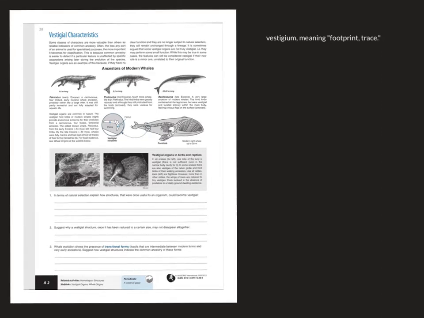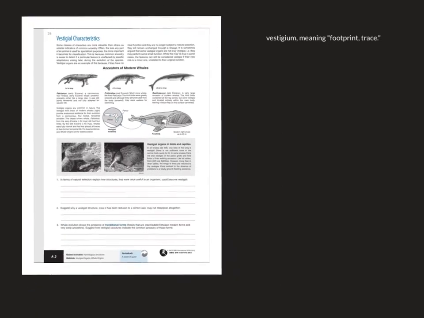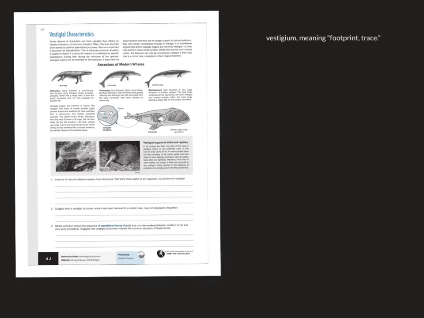So vestigial organs are organs or structures or behaviors that don't seem to have a purpose anymore. They might have a small purpose, but not one that would justify having an entire structure. Something like your tonsils has been argued to be a vestigial organ from when our ancestors had larger throats or some other structure that required tonsils.